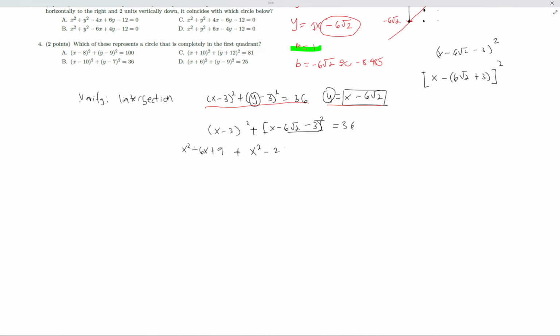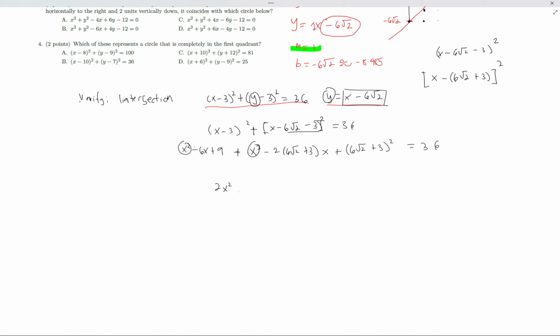So now we have 6 square root of 2 plus 3, and then x, and then lastly we have this square root 6 square root of 2 plus 3, and then you square that one, and then we have 36. Okay, now let us simplify whatever we can. So we now have x squared and x squared. So you now have 2x squared, and then we have here 6x minus 2,